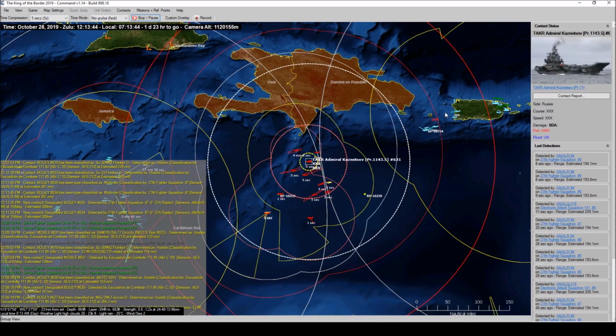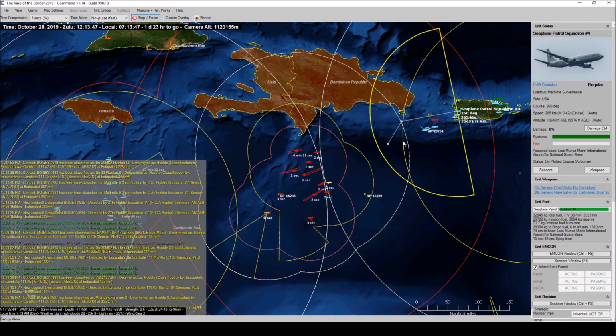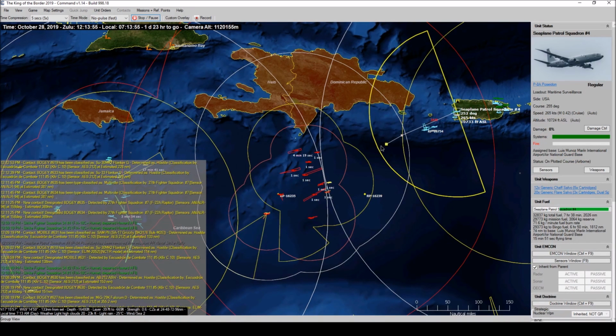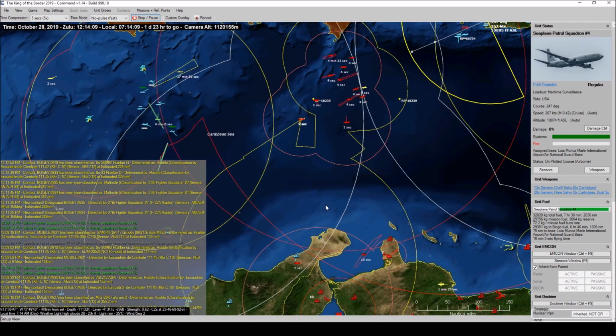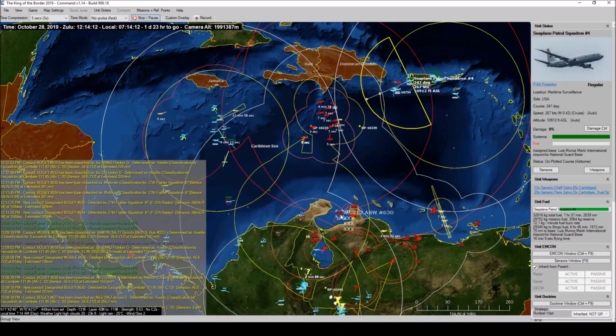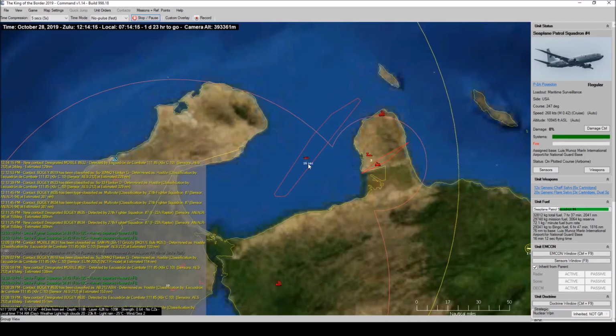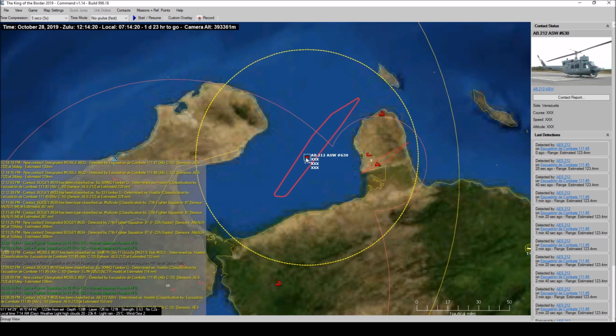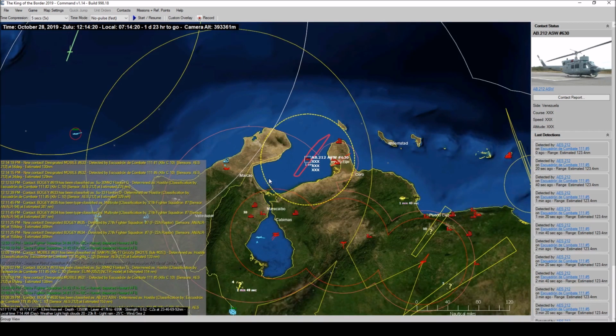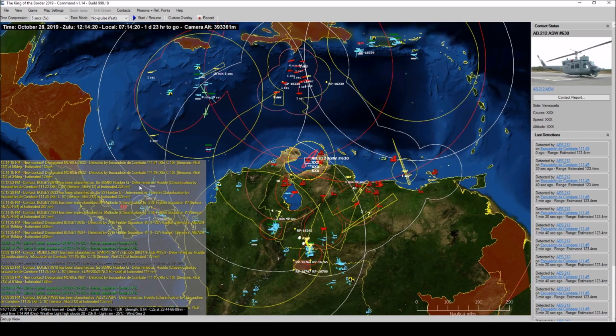Man, the Kuznetsov is almost a hardened contact now. We're almost there. Again, we're slowing at 5 times time compression, but things are going rather slowly. Picked up an anti-submarine helicopter in this bay here. All right, what do we have here? We have...